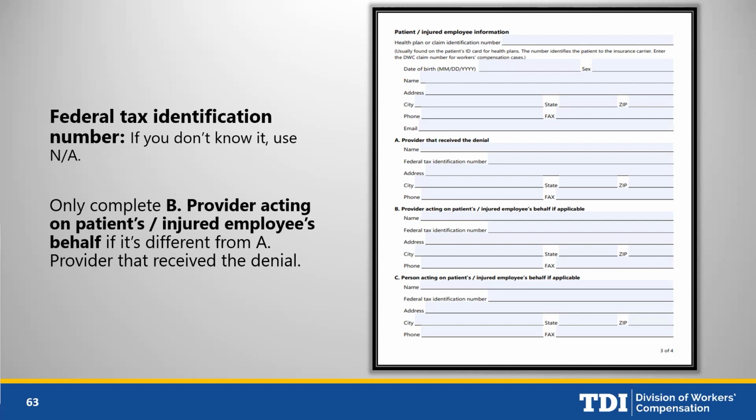Also, section B is only to be filled out if it's different from section A. Section A is the person that received the denial or the provider of record, if you will, the healthcare provider. If it's different, then you would fill out B. So other than that,